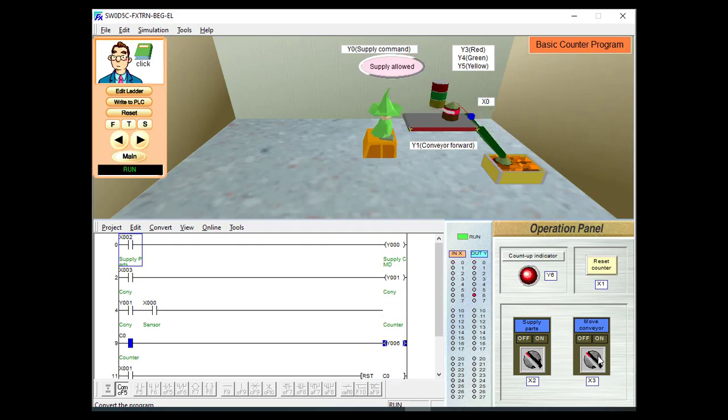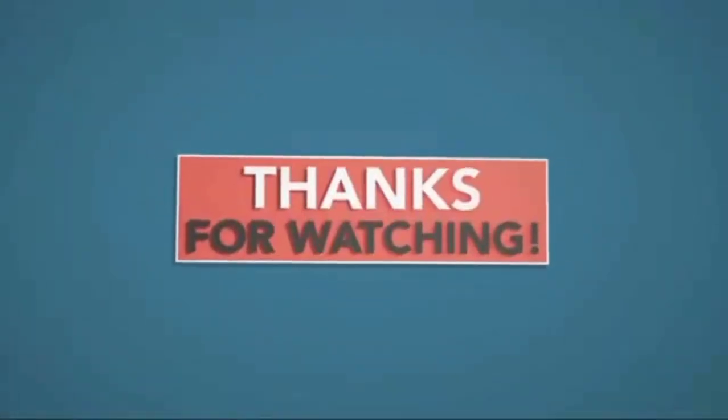We can turn off this right now. We'll reset this again. The conveyor has been stopped, and manually we have stopped the conveyor and also stopped the supply of the parts. We'll reset this counter once again. We can turn on the system once again. So likewise, how to use counter is very much clear from this example.